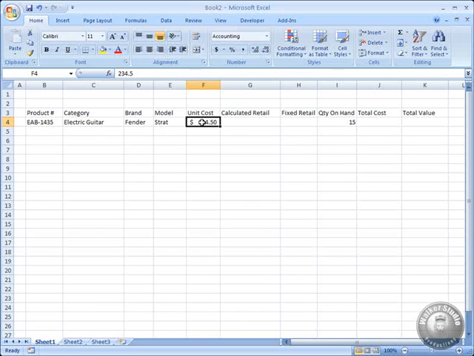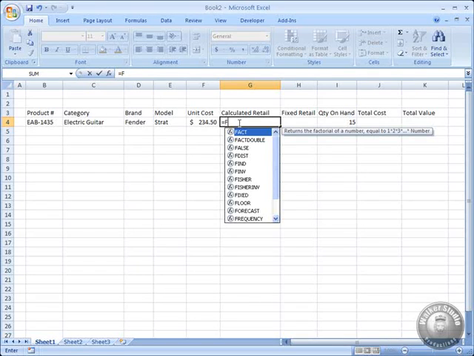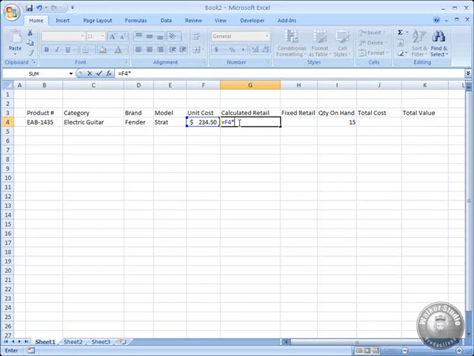But the next thing that we need to do, this is all information that we have punched in. So the first thing we need Excel to do for us is to calculate that retail value. What that is going to be is whatever our cost is times a predetermined markup. And we're just going to say it's 150%. So I'll click in that cell. I'm going to type the equal sign. And I could do this with the sum function, but I don't actually have to since I'm just computing some math, right? I can just do the cell reference F4 times, and we'll do, again, 150% for the markup. And when I hit enter, what that gives us is